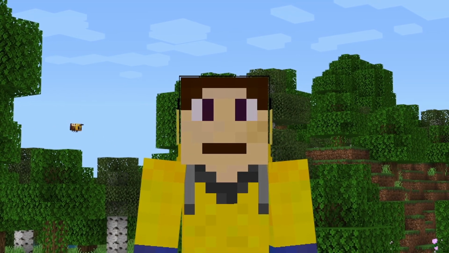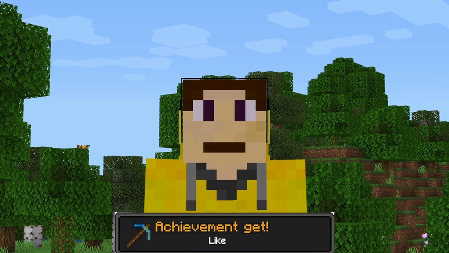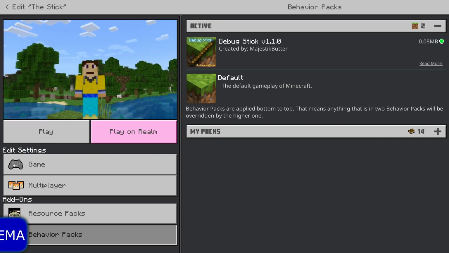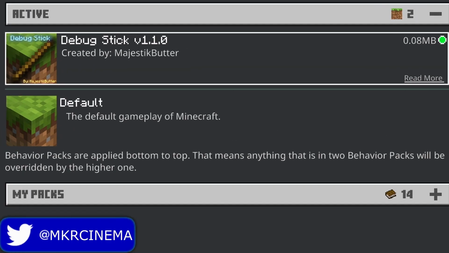Now before we start, if you do not know how to install add-ons, make sure you click the link in the description down below. Now this is all done by this one behavior pack right here, the Debug Stick